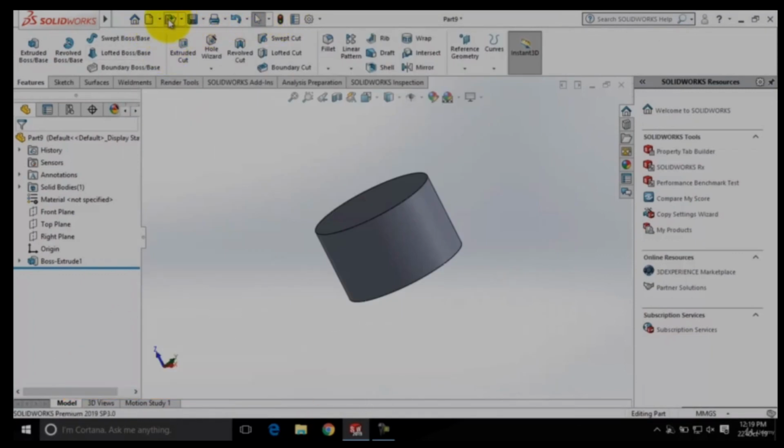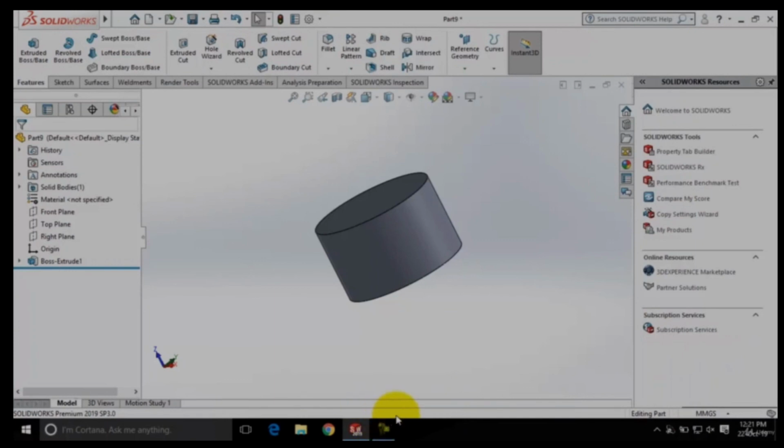From the other keys in this toolbar, we can start a new file, open an existing file, save a file, undo corrections, and so on. You can also change the unit system that you are working on. There are different options in the toolbar to change the units, like for now the unit set is MMGS, which means millimeter, gram, and second. You can change it to the MKS system, CGS system, or IPS system.